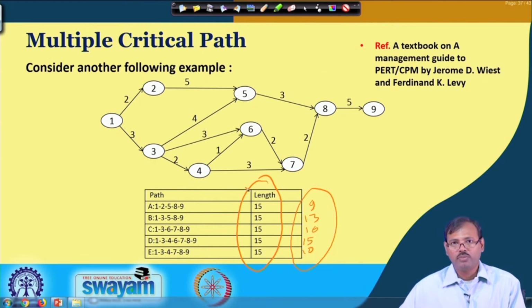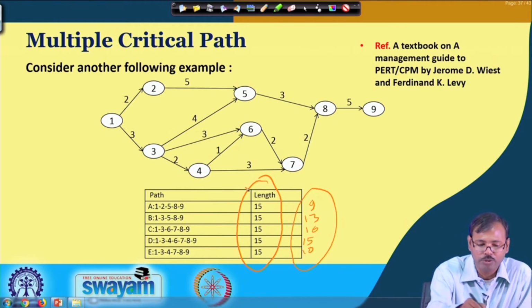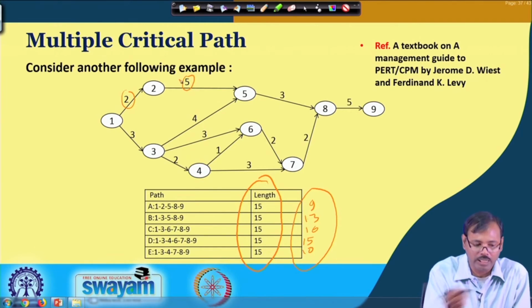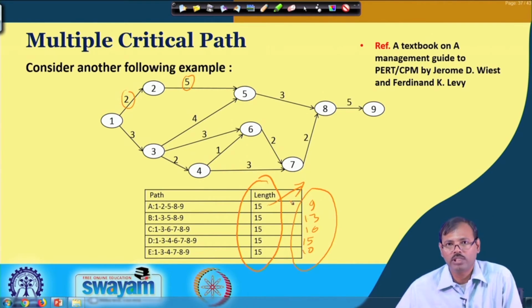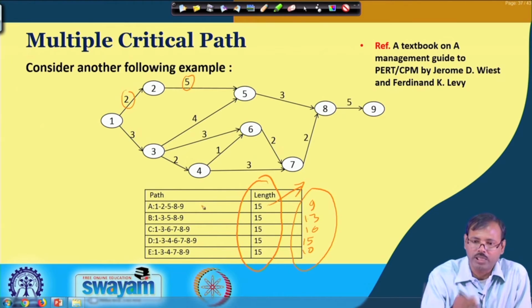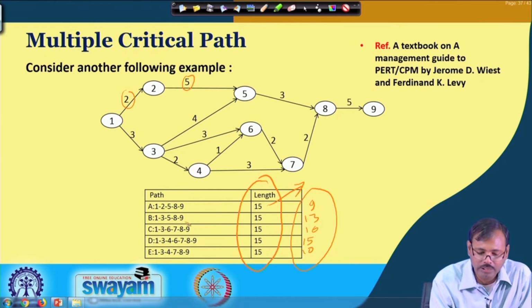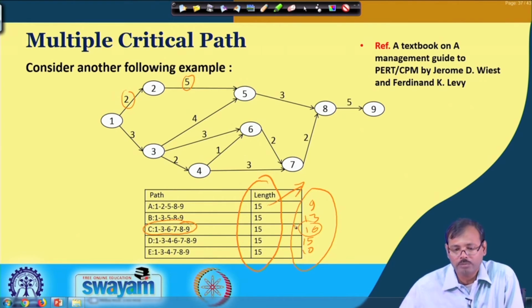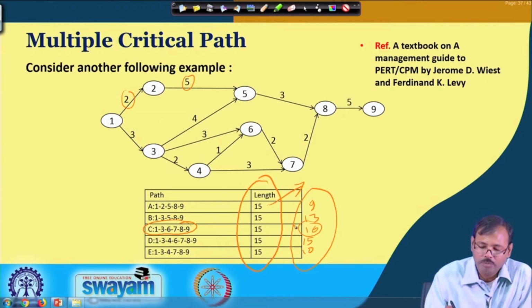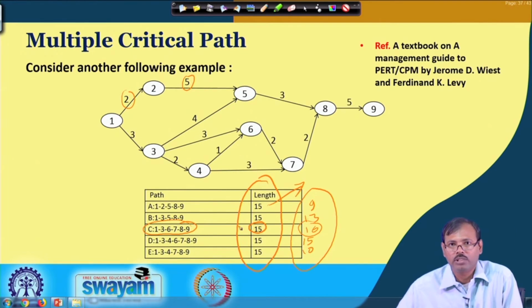By changing that, suppose they reduce the manpower in some job at this position, as they did earlier in the network, and by doing that they lengthen this path to 15 hours and reduce the cost of production for this path. They invest additionally in the critical path, that means C, which was taking 16. The additional investment in terms of man, machine, material etc. allows them to shorten the path to 15 hours, and that allows them to address the target time of 15 hours for the completion of the complete network.